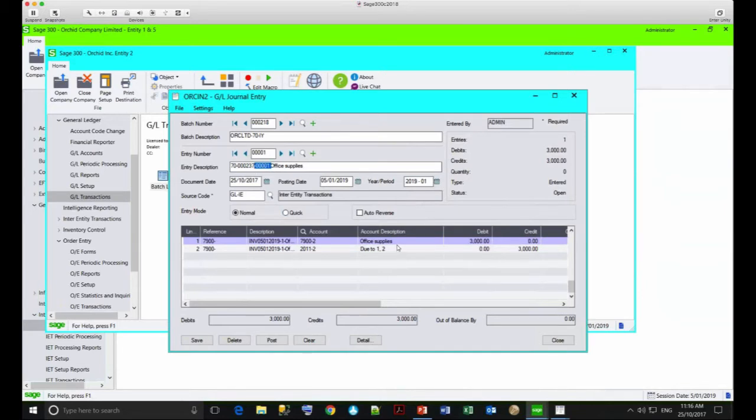And here's my debit to the office supplies and a credit to the loan account with Entity 1 in Entity 2's books. Now, I could have had this auto post if I wanted. My choice to leave it open so I could show you the transaction. Posting it in this database would create no further inter-entity transactions because with respect to Entity 2, the entity